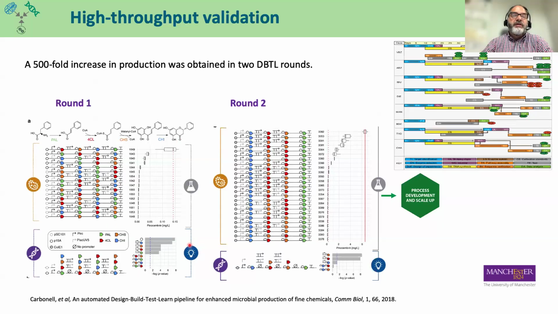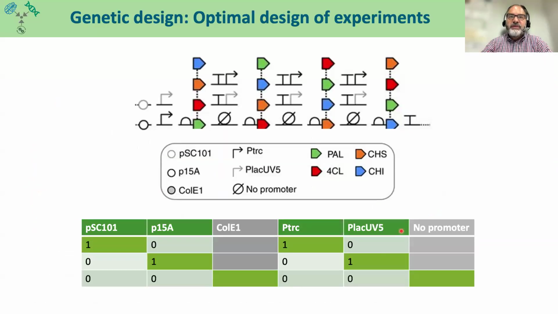applying the DBTL cycle. In this case, for instance, it was twice for the flavonoids pathway. And in every case, just a small selection of possible combinations of DNA parts were selected based on the DOE, on a design of experiments approach. And what we found is that just by going through 2 iterations was good enough for finding already high producer strains. So this is an approach that, at the end, is just to use the optimal design of experiments, a technique that allows you to reduce substantially the number of experimental runs that you need to perform,